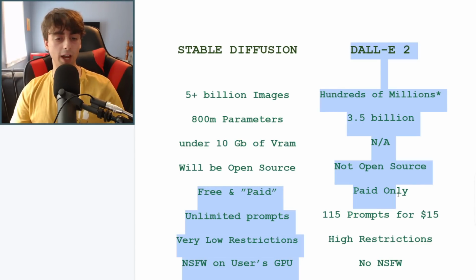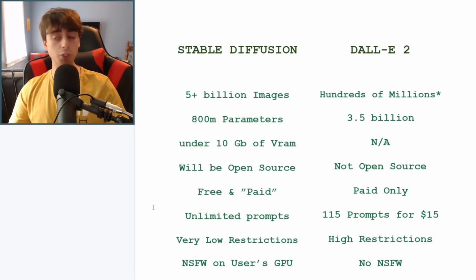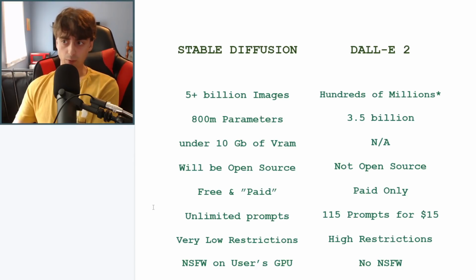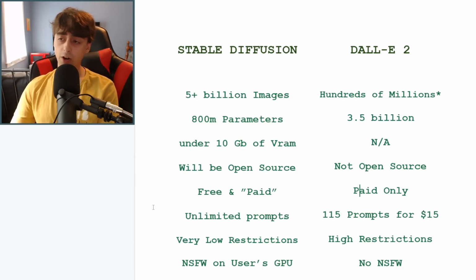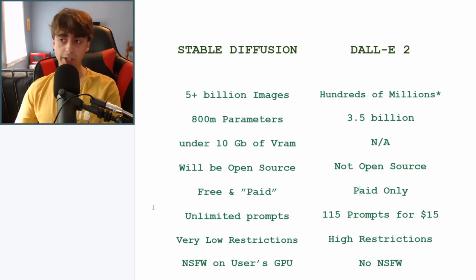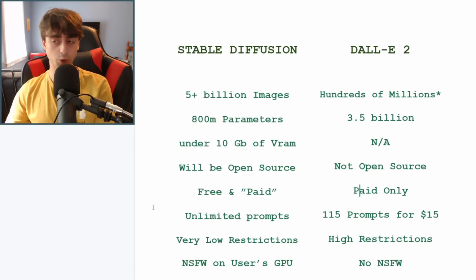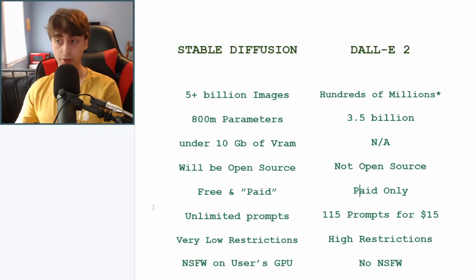So in terms of how much they cost, Stable Diffusion will be free if you want to run it on your own machine at home, and it will cost some sort of money to run it on the servers that Stability AI will have set up for it. So there's going to be a web app for Stable Diffusion coming out sometime in the future, and it will eventually cost money to use. And I've heard the number $5 a month for unlimited access floating around, which would be absolutely incredible. $5 a month really is nothing for full unlimited access to something like this.